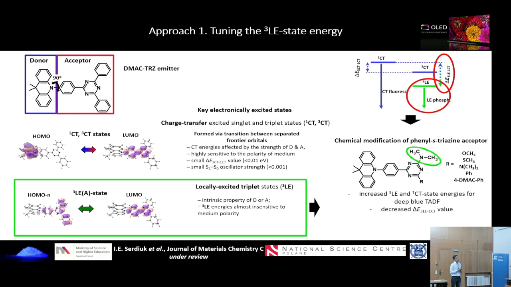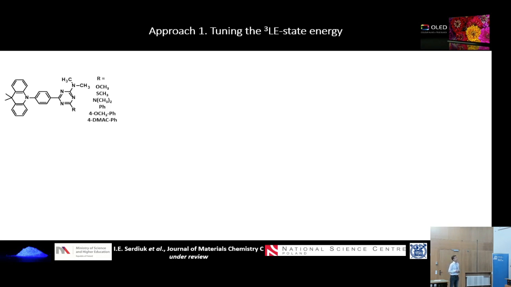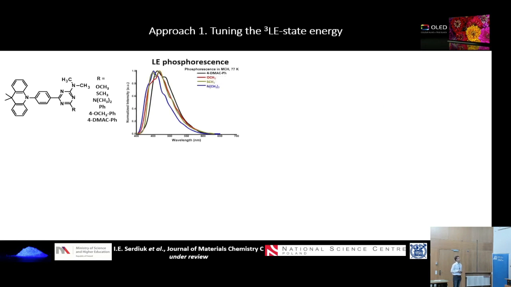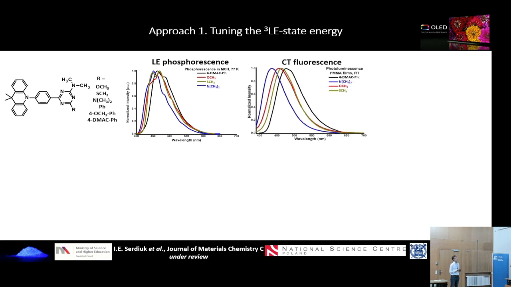By this, we increase the LE energy, also increase the CT state energy, and we shift the emission to deep blue. And for some emitters, we also decrease the LE-CT energy gap. The basic question: did it help to enhance the reverse intersystem crossing rate? The simple answer: no. Even though we saw the increase of the triplet energy and the increase of the CT energy,